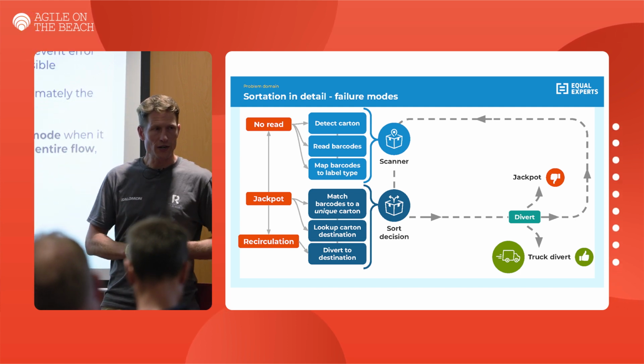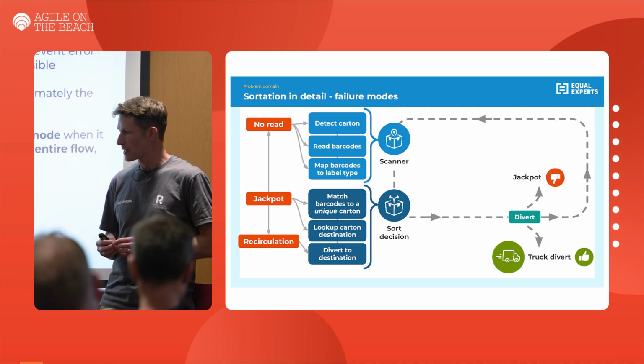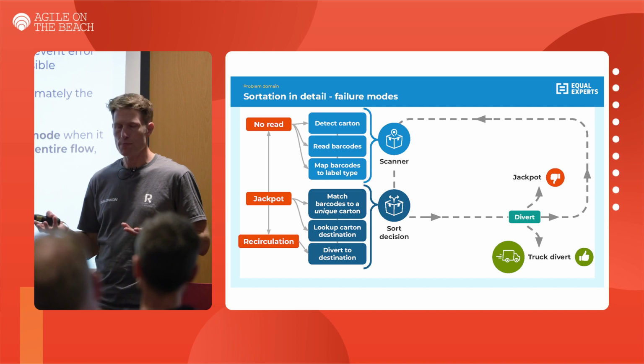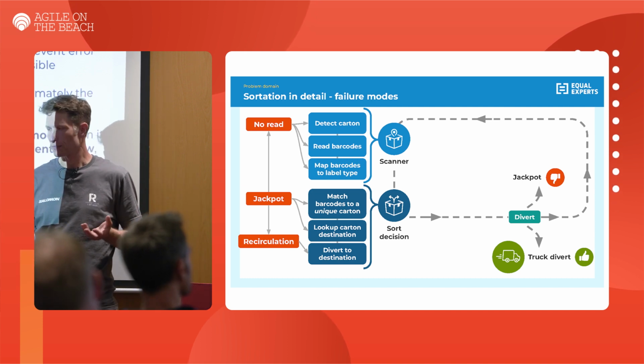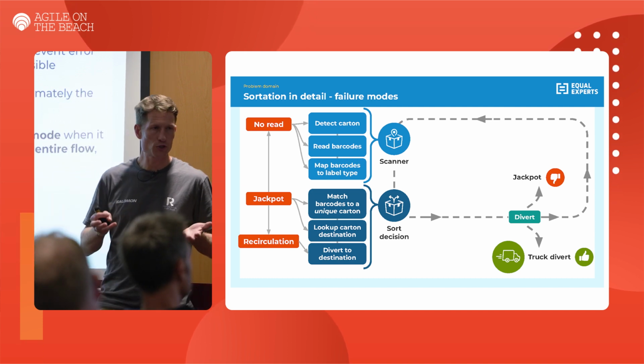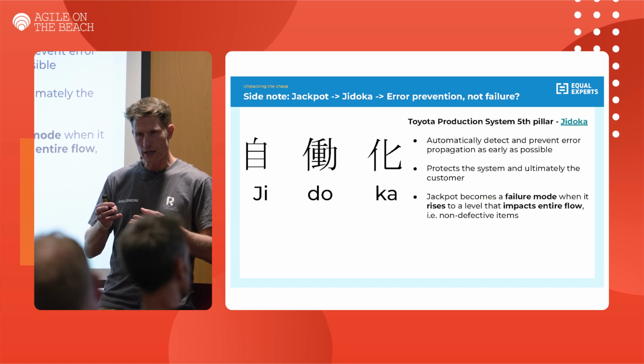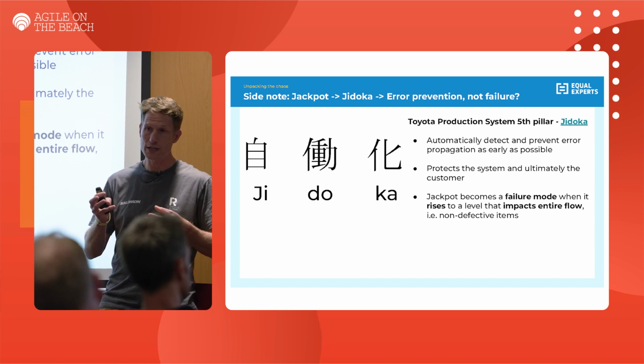So a slight side note on the whole jackpot term. Is it a failure mode, or is it actually a beneficial thing? The Toyota Production System has 12 pillars, and one of those pillars is something called Jidoka. Jidoka is a really important concept because it's something that TPS realized back in the day when